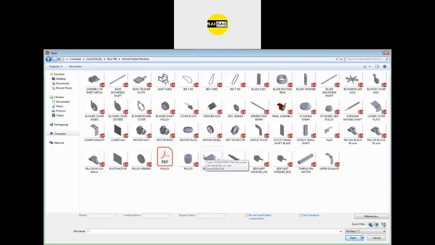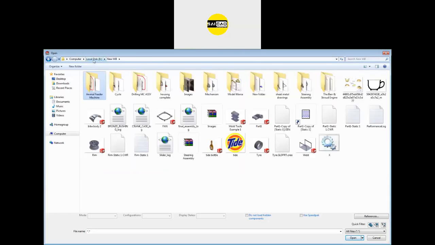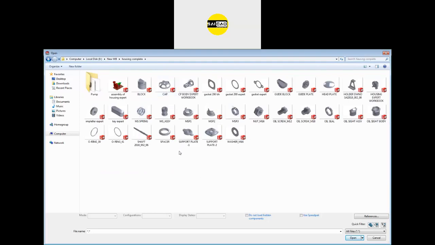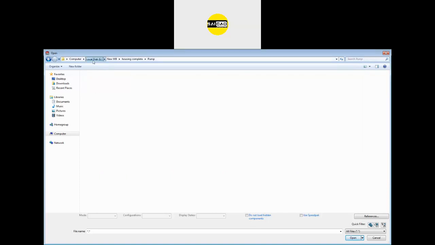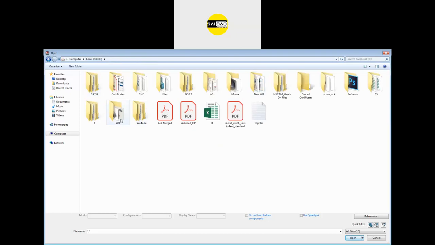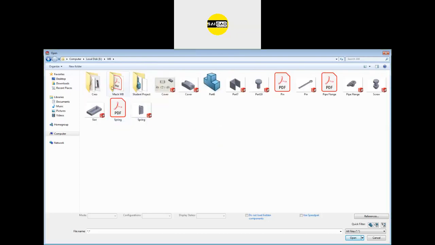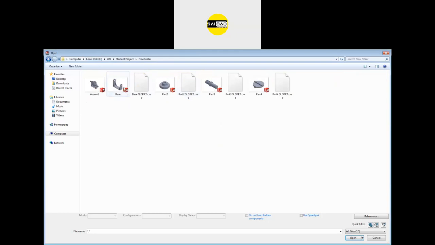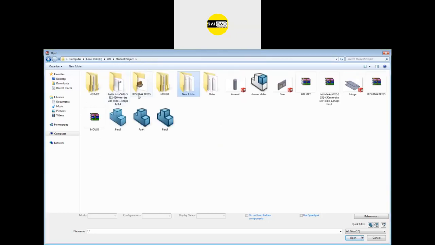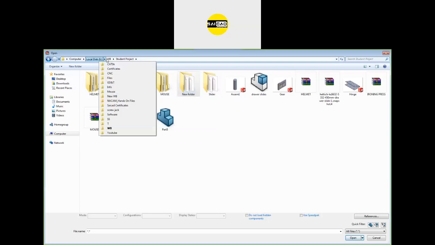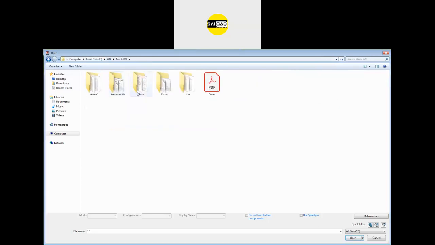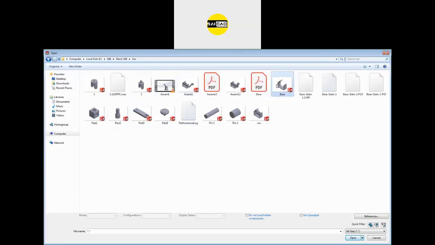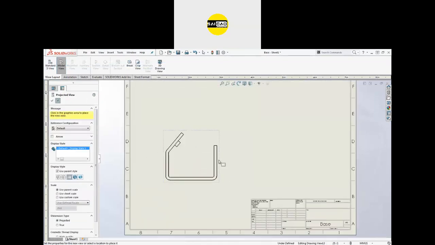I will just open an appropriate part, and then I will show you. Okay, we have this component here.